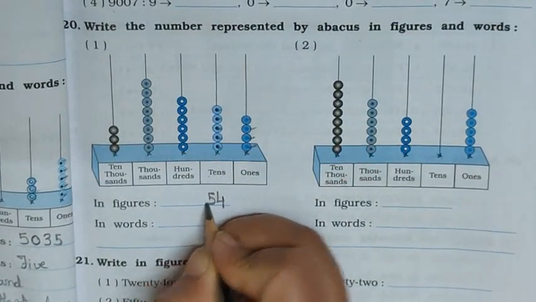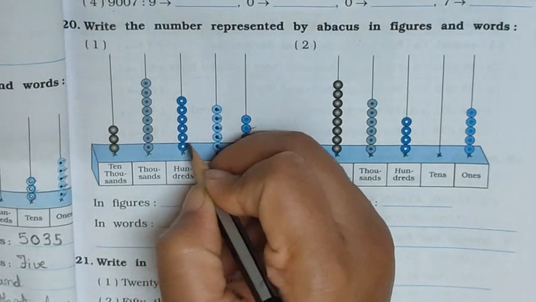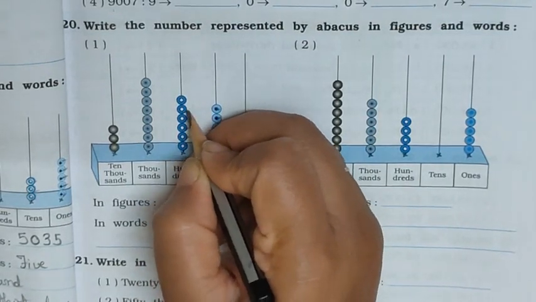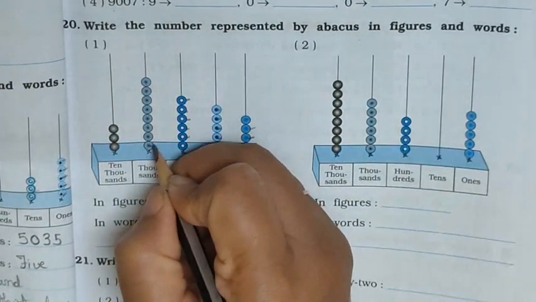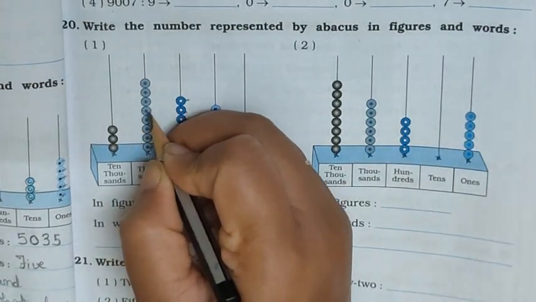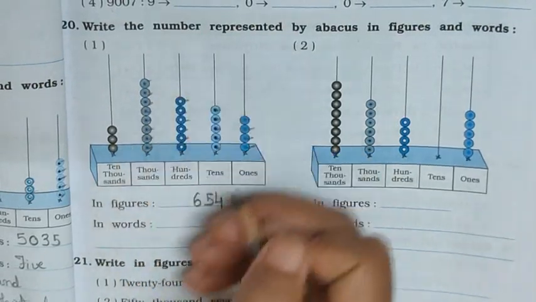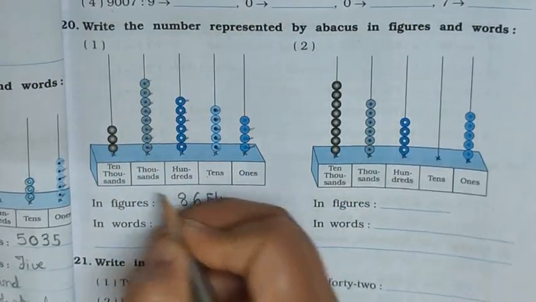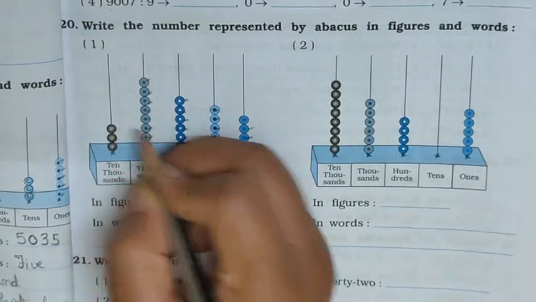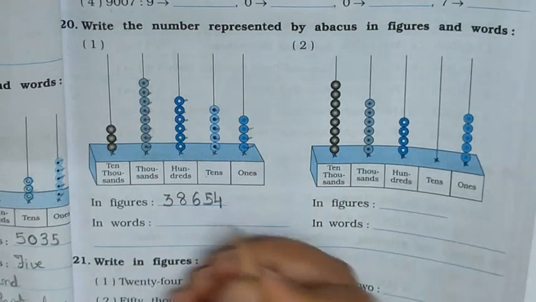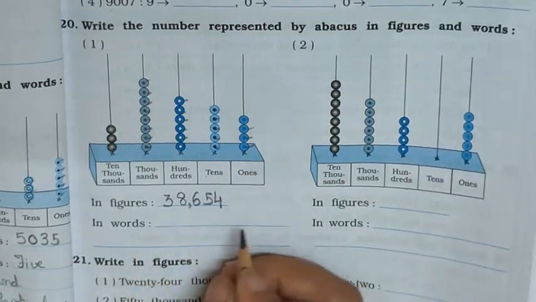So 5. 100 place, 1, 2, 3, 4, 5 and 6. So write down here 6. Thousands place, 1, 2, 3, 4, 5, 6, 7 and 8. So 8. And in 10,000 place, 3 beads are there, 1, 2, 3. So put here comma. Okay,